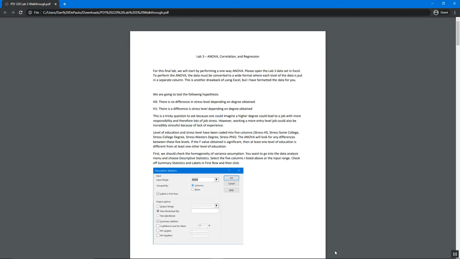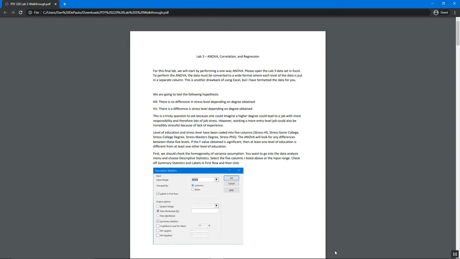We can do some of these basic things in Excel, but it's going to take a few more steps to get it done. So I'm going to first start by opening up the Lab 3 data set, which I provided for you in Excel. And I formatted the data for you to make things a little bit easier. And we're going to test the first hypothesis, which is that there is a difference in stress level depending on